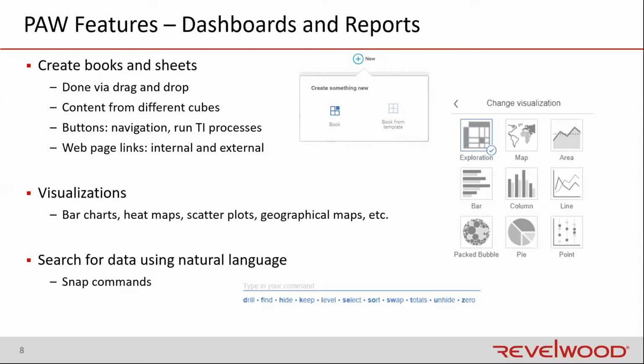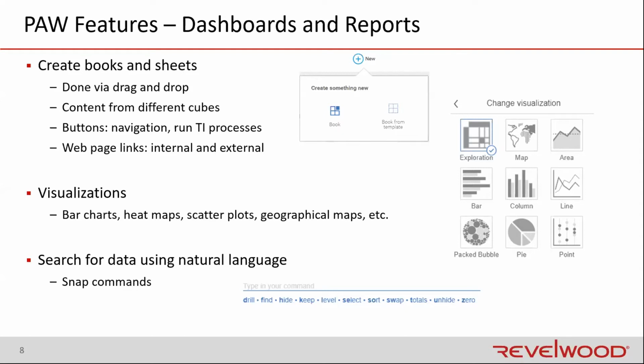But in addition, I can manipulate my views. I have a functionality called snap commands, which will allow me to use English language to simply make changes to my view. Maybe I'm looking at a grid and I could see left to right all 12 of my months, and I want to focus just on June. I could just type keep June, and what it will do is manipulate your view for you. Instead of having to go into subset editor and do selectors and a bunch of clicks, you just say keep June. And I purposely just said I could say, because as you evolve through the use of this,